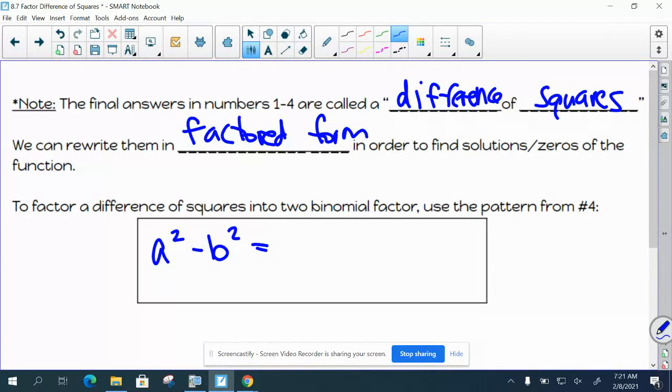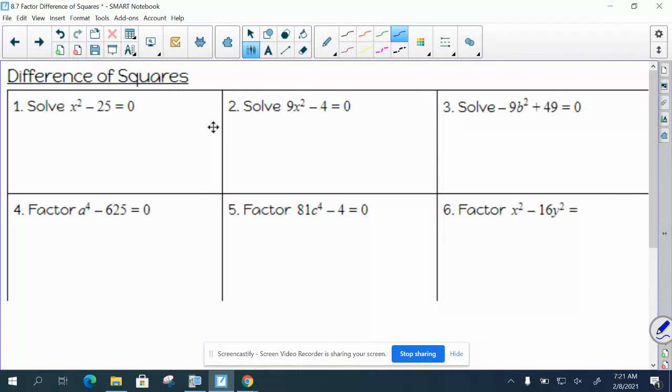In order to factor a difference of squares, you write it as a minus b times a plus b, where you take the square root of whatever a and b are, and then you write those in the parentheses. They must be perfect squares, and you must have subtraction. So let's look at the first example here. We're not going to do all of the examples, but